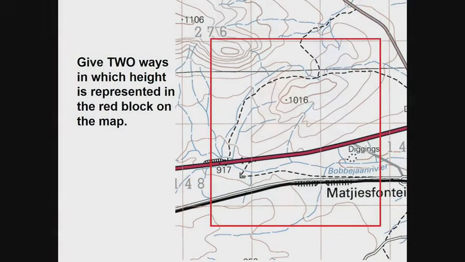Right. Here's a block from a map, from the Maikisfontein map. And the question in the exam is, give 2 ways in which height is represented in this red block on the map. Right, I'll wait for you to respond. Look at this red block and give me 2 ways. What are the 2 easiest ways? Along a spot height, well done. That comes from